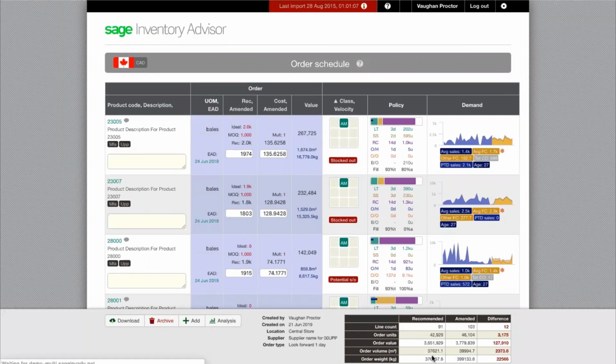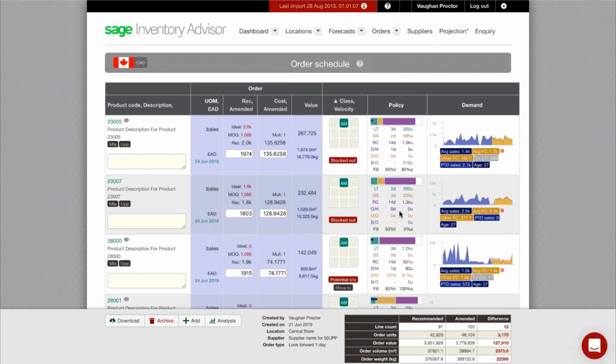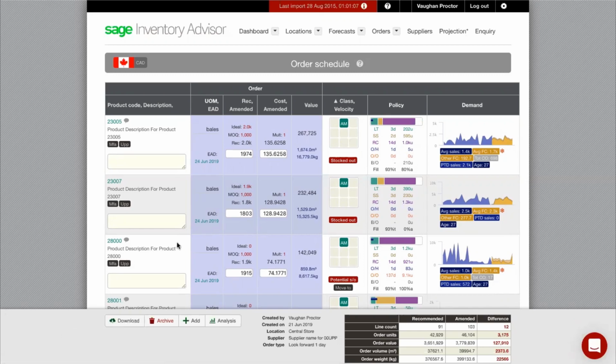So it makes the calculation to get to the right size order a lot easier. And again, like I said, at the push of a button, we want to try and give you the best possible order we can. From here, you would then download. That would then be pushed out in a CSV format. And for most of the financial systems in Sage, we do have import templates. Obviously, the Sage partner would then help automate the import of those templates